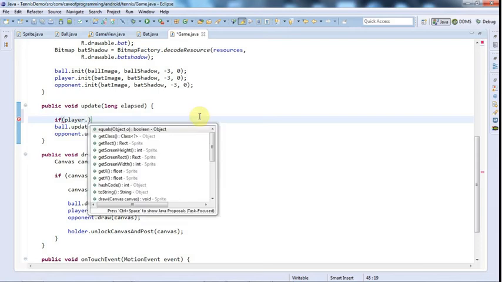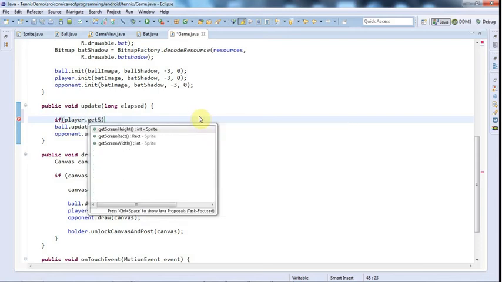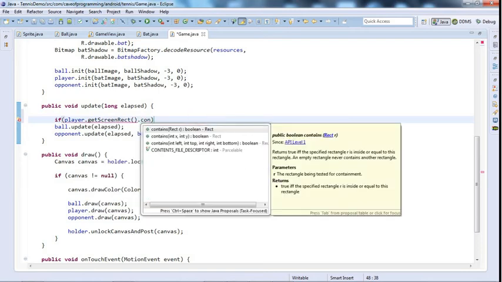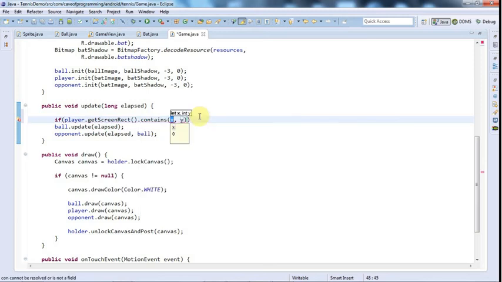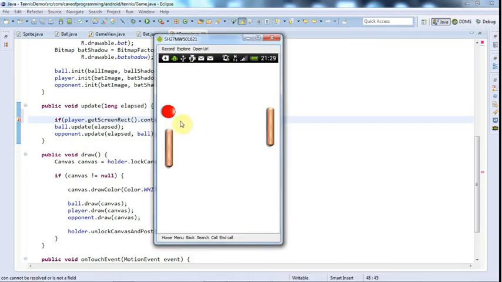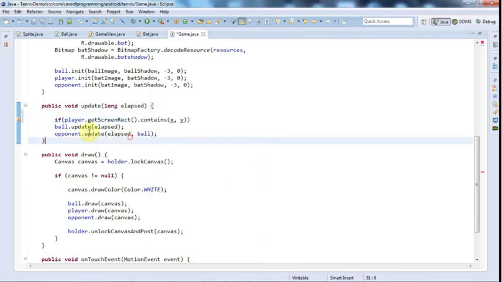So I'll say if player.getScreenRect, and the Rect class has a method called contains, which I'm going to use. The player is on the left hand side, it's the bat on the left hand side. So I want to find out if, let's say, the center pixel of the ball on the left edge of the ball, kind of around here, has collided, if this is inside this rect. So I can say if player.getScreenRect.contains, and the x, I want to say